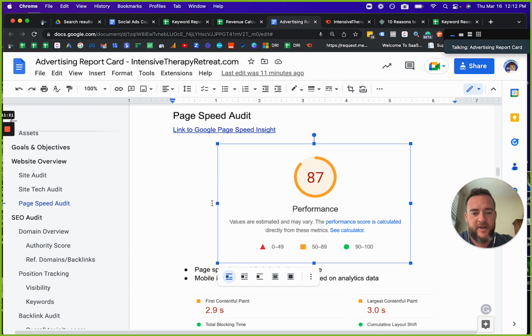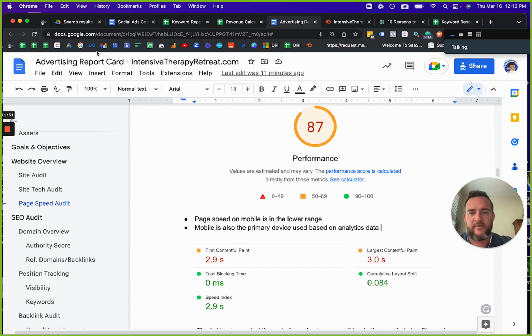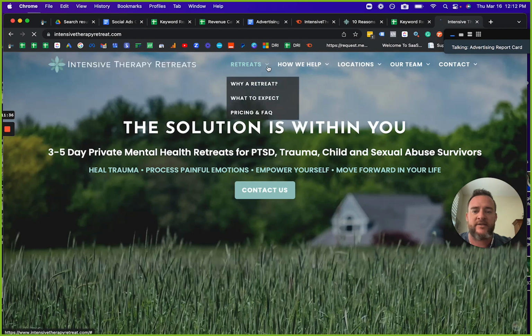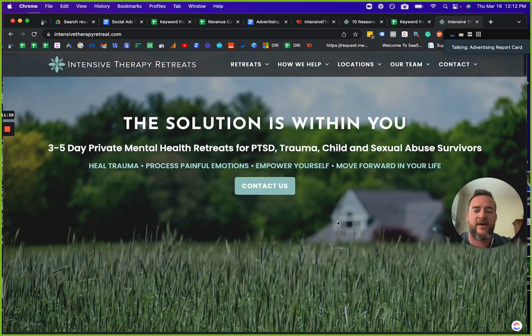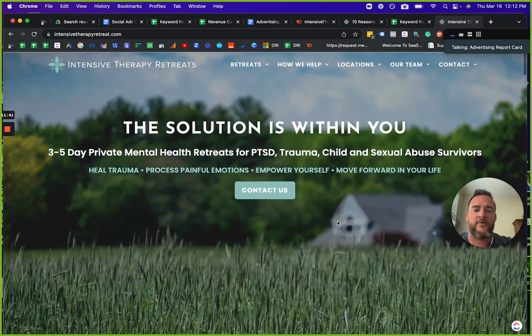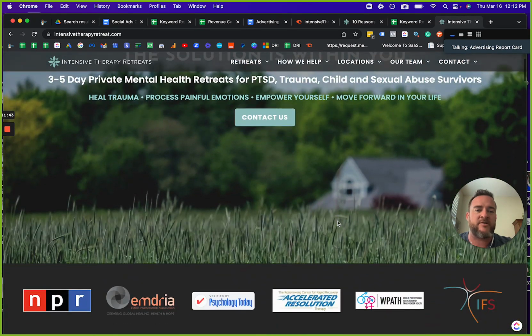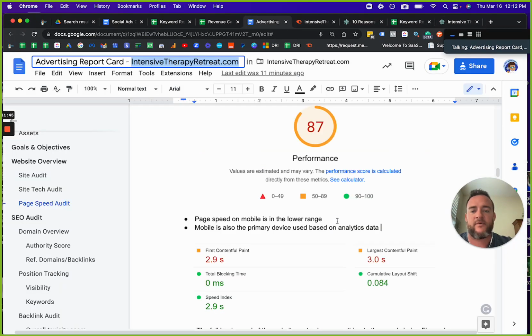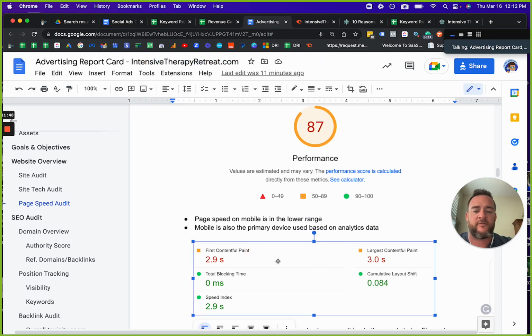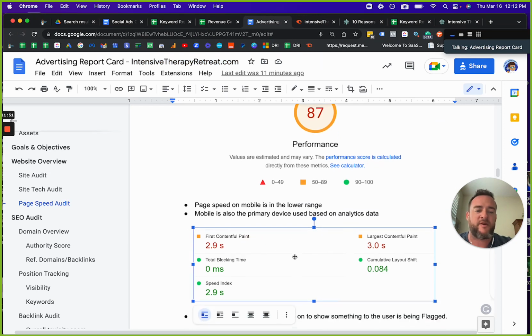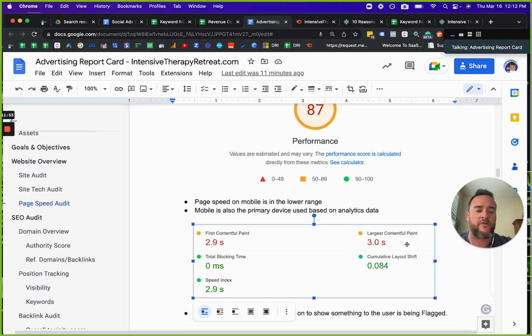On page speed, your page speed is looking good. To be 87 and flagged as a warning or caution, as in yellow, is, I don't want to say overkill. It's something worth looking at because the issue you're having is in the first section. There are a few things you can change about that. It might just be image sizes. The first contentful paint is basically the first aspect of the website to load, and the largest contentful paint is related. It looks to be this section.